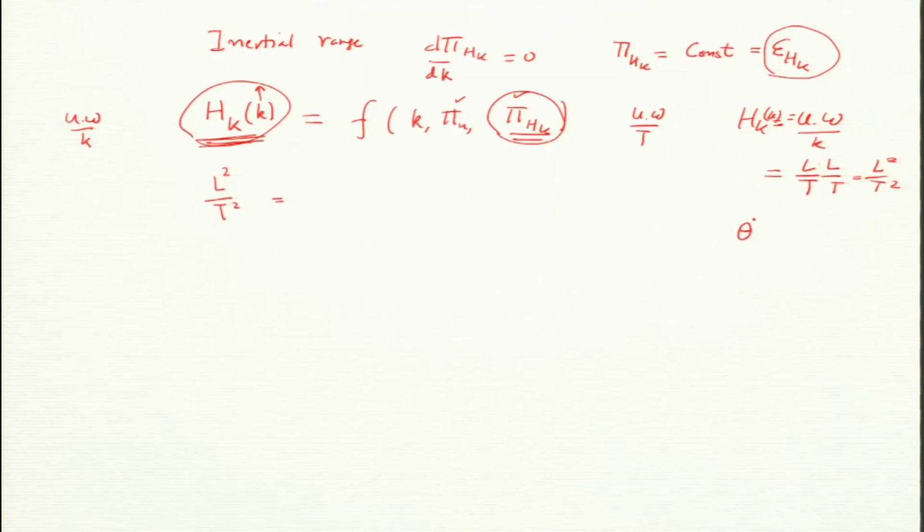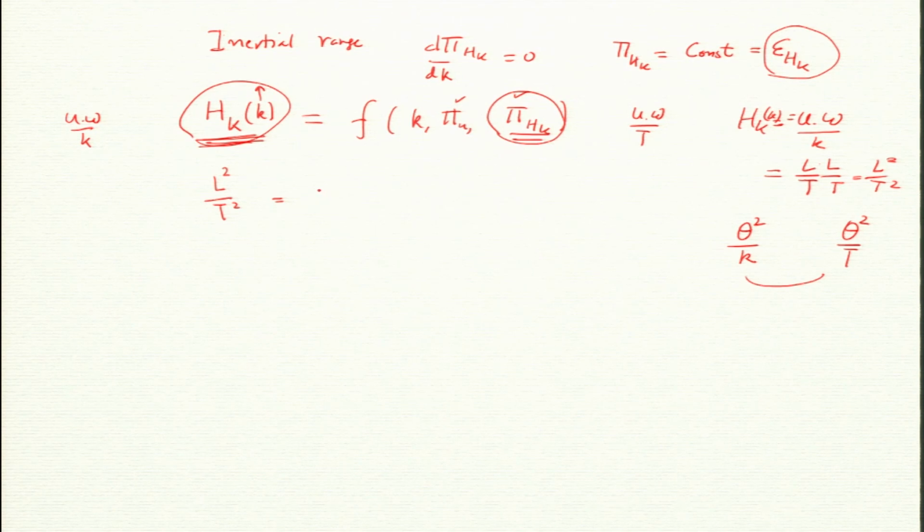Temperature is a new quantity, it has an additional dimension. So, temperature flux and temperature spectrum must be proportional, right, because temperature spectrum is theta squared by k, where theta is temperature, and many of you have done this before, and temperature flux will be theta squared by T. So, these should be equal. In fact, I got motivation from this argument. You will find that this argument will also go to scalars like temperature spectrum.